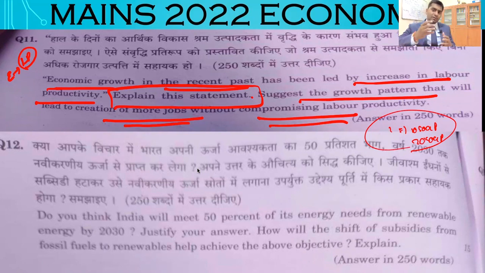What does this mean? It requires some analysis which says that yes, labor productivity has increased, but how? Particularly in the recent past, maybe in the last 4 or 5 years after demonetization, GST, look at the country, COVID-19, right? Year after year, you have seen a substantial decline in growth, but still they are saying there is an increase in labor productivity, which means this labor productivity has come at a cost. What is the cost? The firing of many employees.